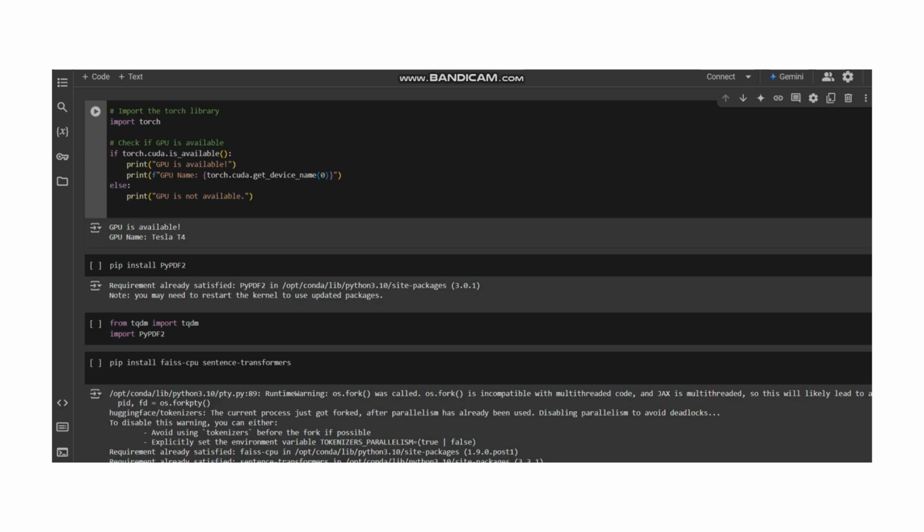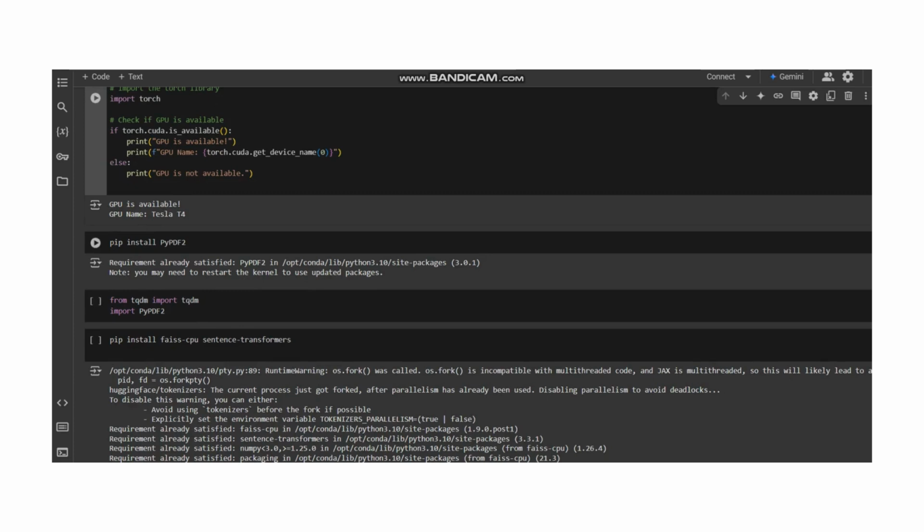This is the implementation of RAG, which is retrieval augmented generation using a large language model, which basically helps to optimize the response of the LLM. So let me explain my code base step by step. I have utilized a Tesla GPU, and for extracting the PDF, I have utilized this library